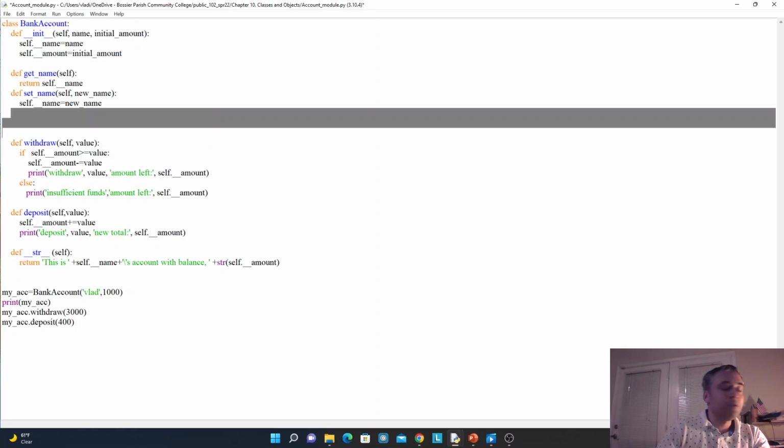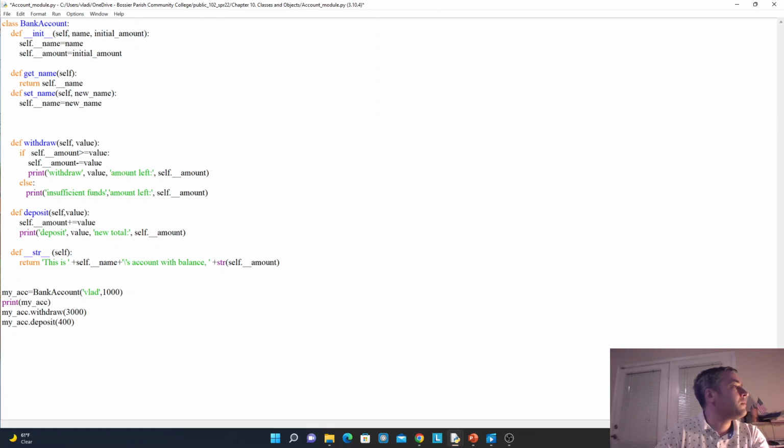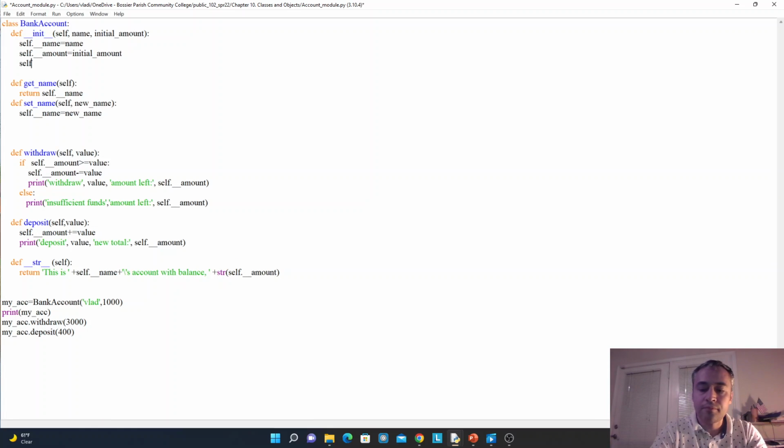Okay, I want to show you a different development here. I want to have account history. That's a reasonable thing to have. Account history will be another attribute, and it will store a list. So whatever happened, the withdrawal or unsuccessful withdrawal or something else like that, deposit, it should be reflected in history. So self history equal to,